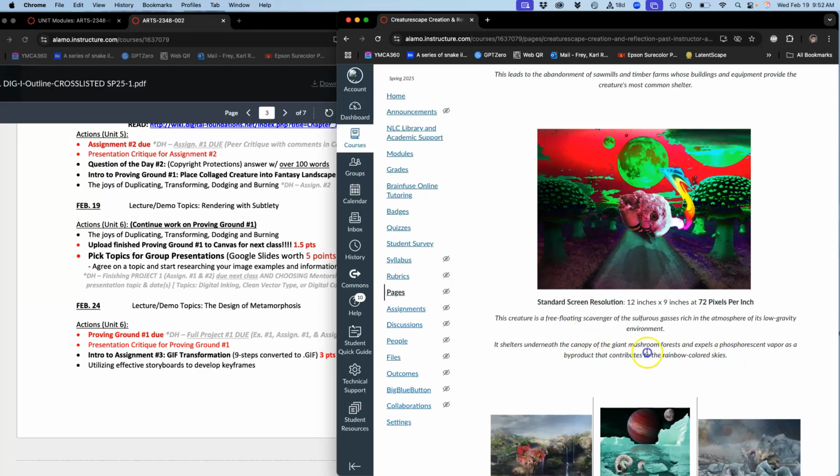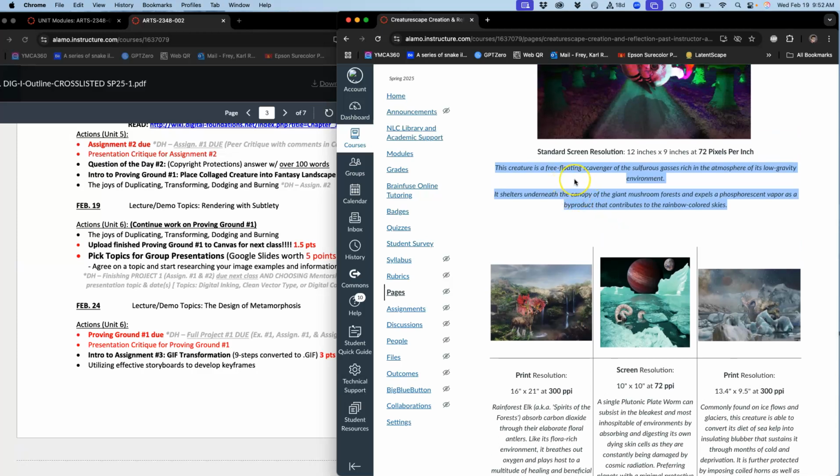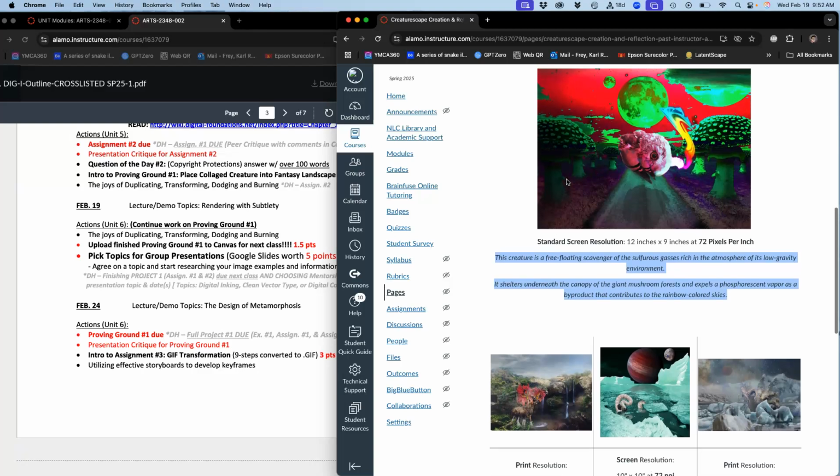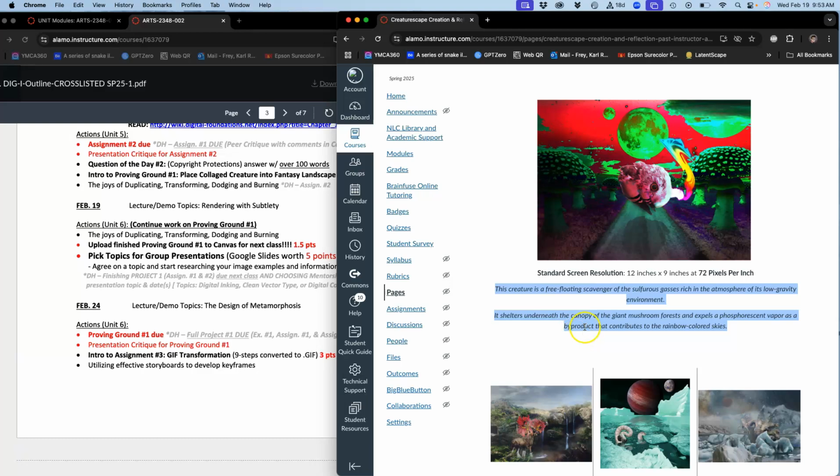And then they write about how it fits into this environment. Even though it's crazy and doesn't make a lot of sense, when you write it, it does make sense. This creature is a free-floating scavenger of the sulfurous gases rich in the atmosphere of its low-gravity environment. It shelters underneath the canopy of the giant mushroom forest and expels a phosphorescent vapor as a byproduct that contributes to the rainbow-colored skies. So another way of thinking about this is you have to become a good bullshitter,